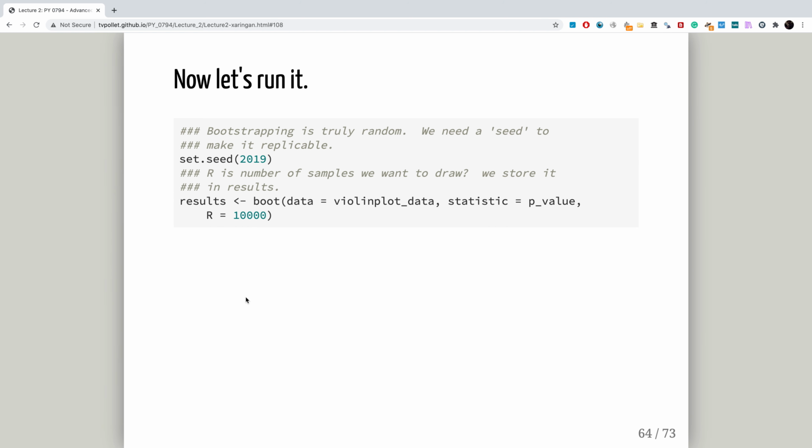Now, bootstrapping is truly random. I've not updated this, so it's still 2019. But it's important to use set.seed to make sure that we get the same results every single time we run it. If I had put a different number here, we would get very different results every single time we run it. Now, to run it, we can do results, boot, we feed it the data,